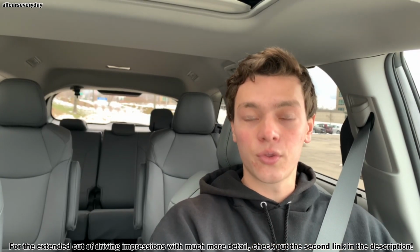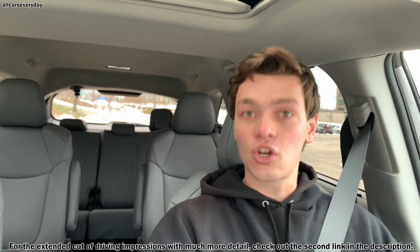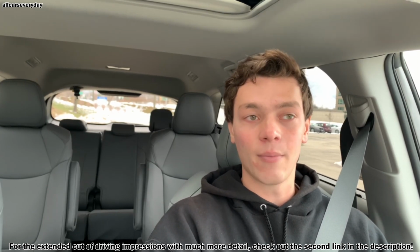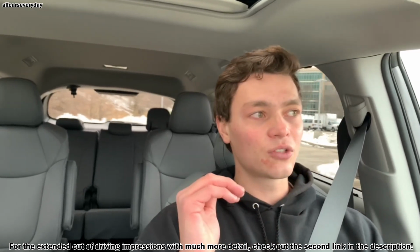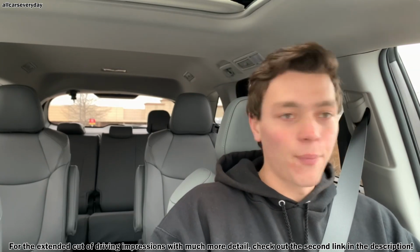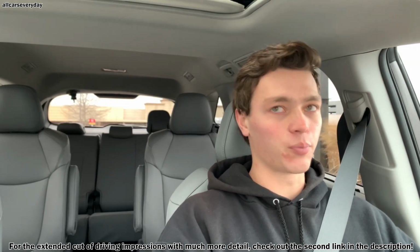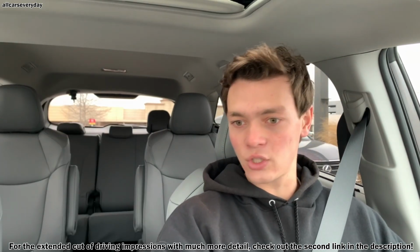correlate to how much throttle you're putting in. In this van, when the gas engine fires, sometimes it's charging the battery, which is then propelling the wheels. And so the engine RPM would be higher maybe than what I'm using the accelerator pedal for. So the engine can be kind of a little bit obtrusive in that sense. While we're waiting at the stoplight, I want to point out the interior quality and styling is not only miles ahead of the previous model, but I actually think it is probably the best one that Toyota has put out